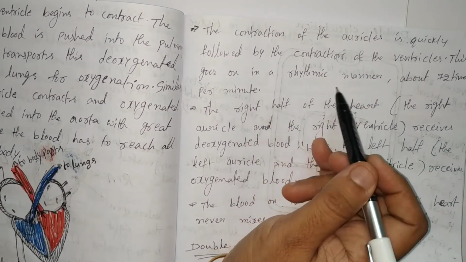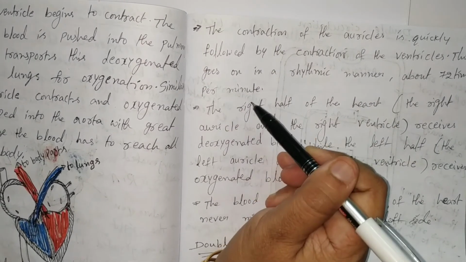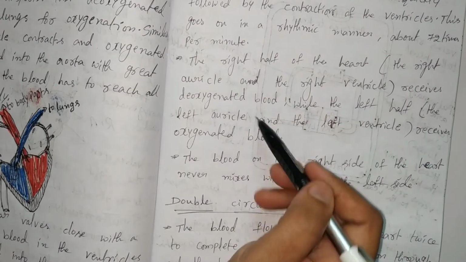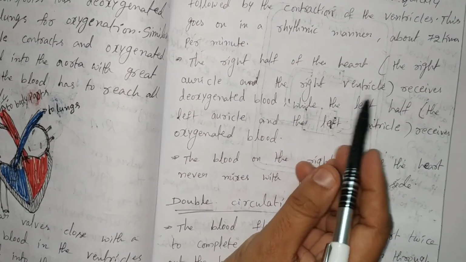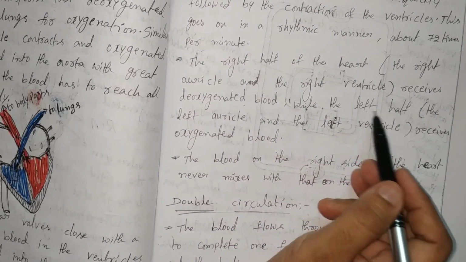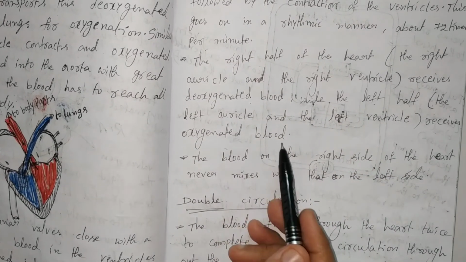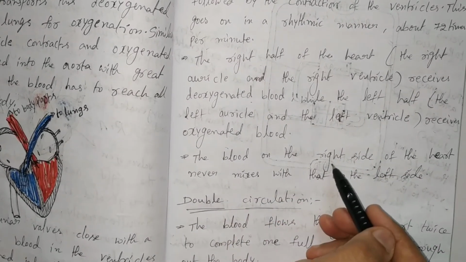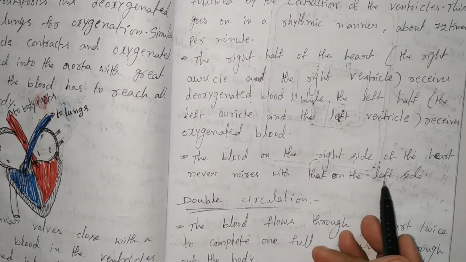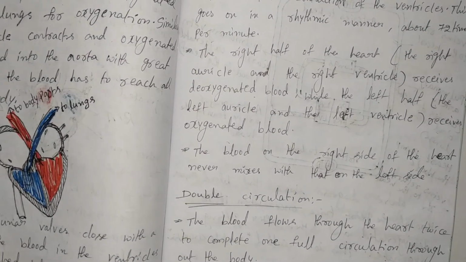This goes on in a rhythmic manner about 72 times per minute. The right half of the heart, the right auricle and the right ventricle, receives deoxygenated blood, while the left half, the left auricle and the left ventricle, receives oxygenated blood. The blood on the right side of the heart never mixes with that on the left side. So this is the overall blood circulation